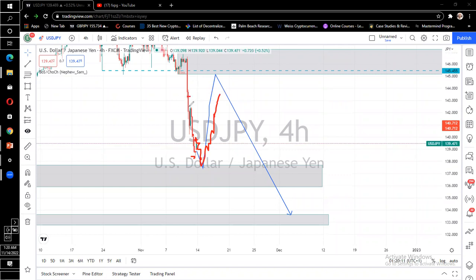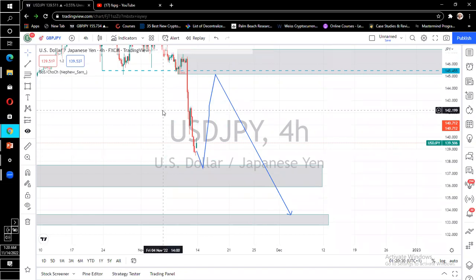Then from here, we'll be expecting to see them come down, all right, or possibly tap into this fair value gap here. Then I'll be expecting another push to the downside, all right? So that is also what I'll be expecting from this particular pair. So we're going straight up to GBPJPY,